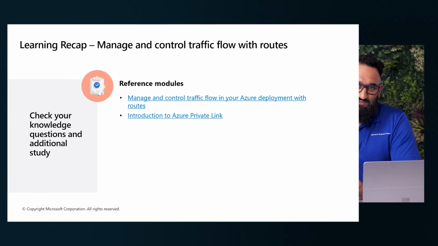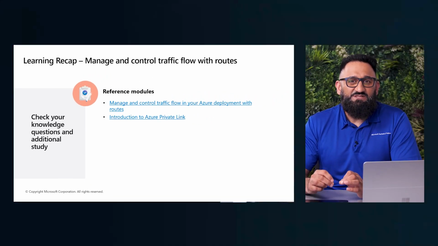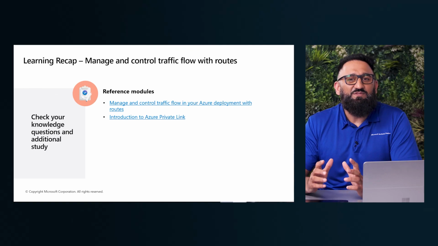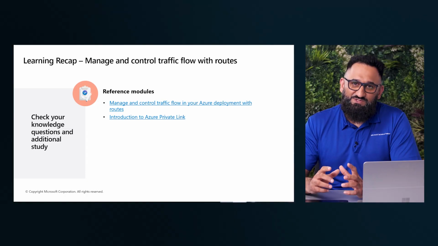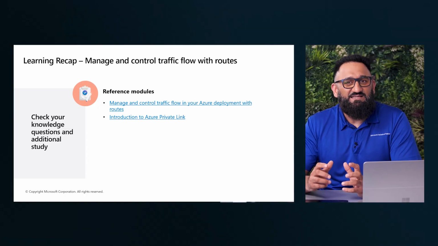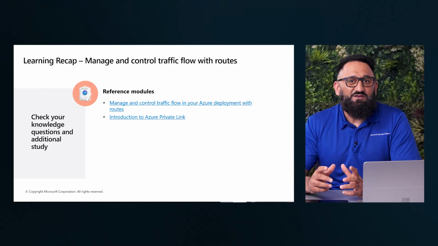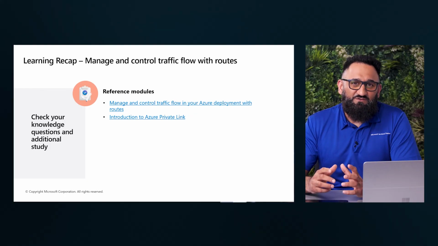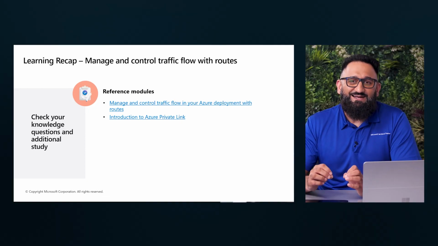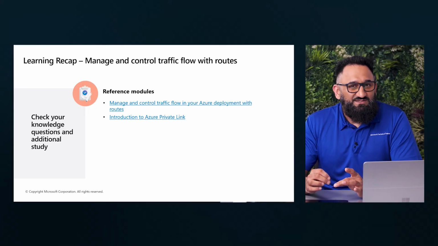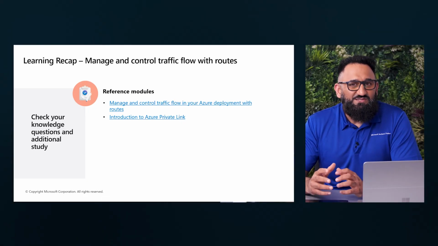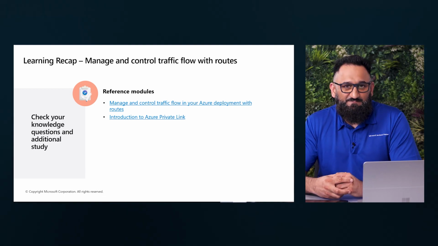Now this brings us to the end of the module. As we conclude this module on administering inter-site connectivity, let's recap the key points we've covered. We started with configuring VNet peering, where we learned about the uses of VNet peering, gateway transit, and connectivity needs. We also explored how to create VNet peering and determined service chaining uses. Next, we moved on to configuring network routing and endpoints. This section guided us through reviewing system routes, identifying user-defined routes, and demonstrating custom routing tables. We also discussed the uses of service endpoint and private links to enhance network security and efficiency.